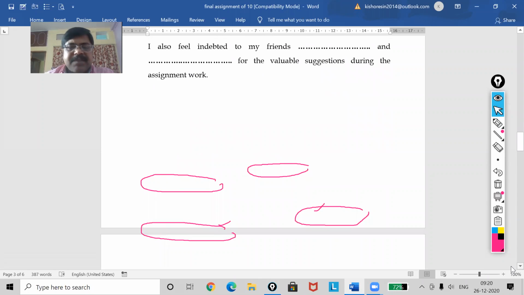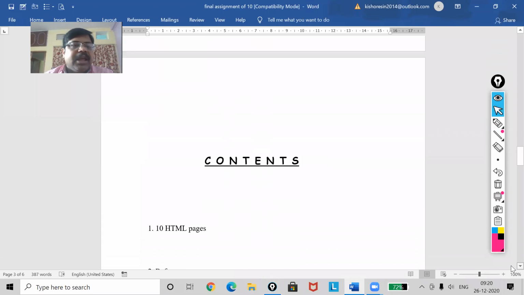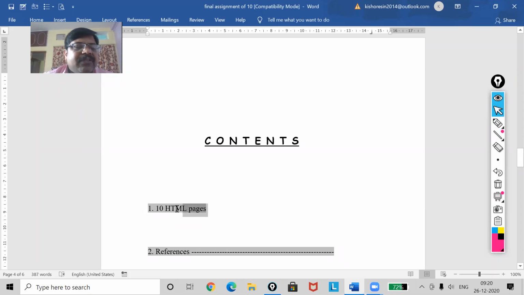This is your page number 3. Now this will be your page number 5. Now see, my dear, here you are going to work on 10 HTML pages. Okay, so here you have to show each and every part, like web page related to background color and text